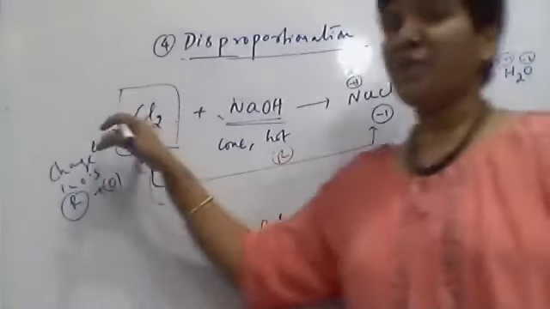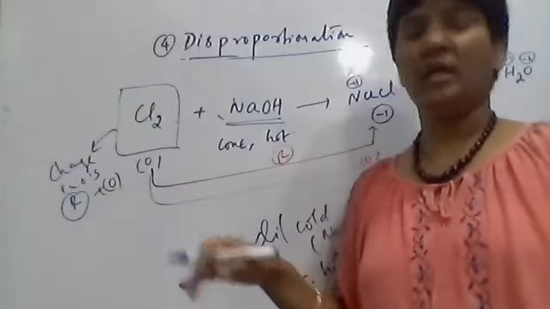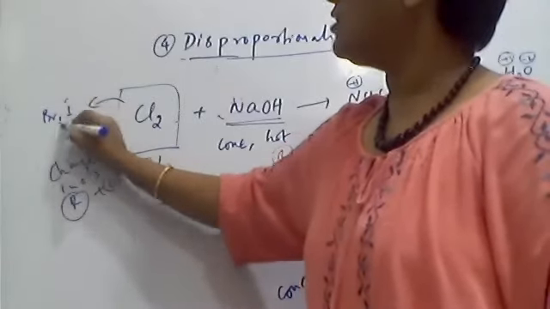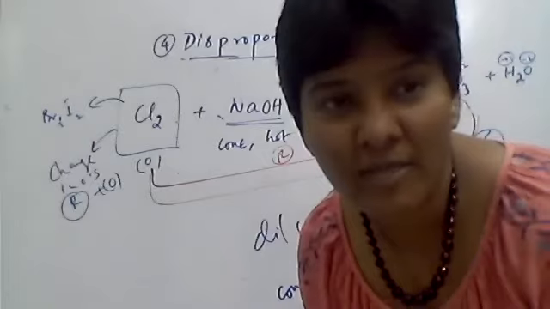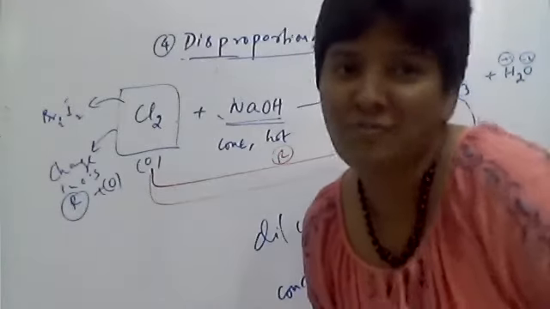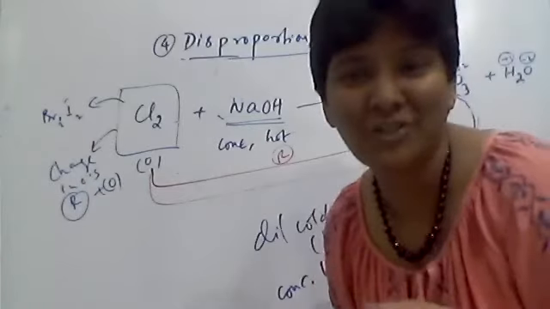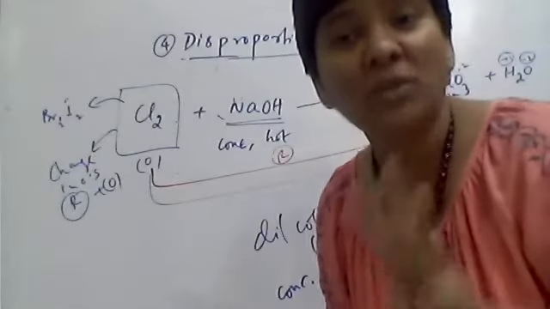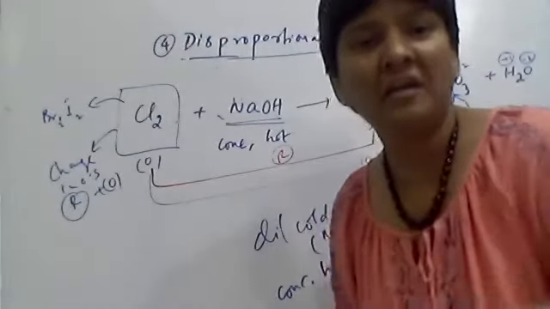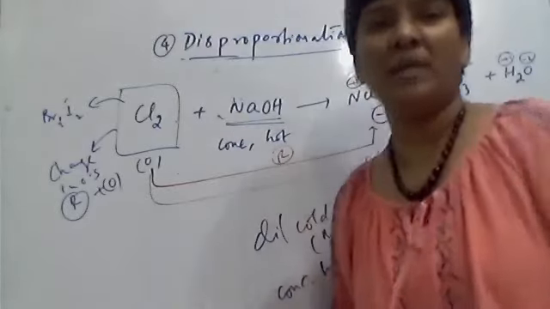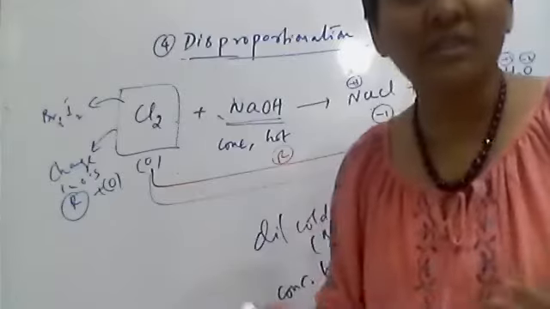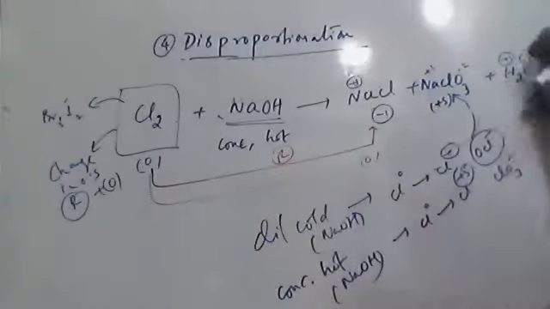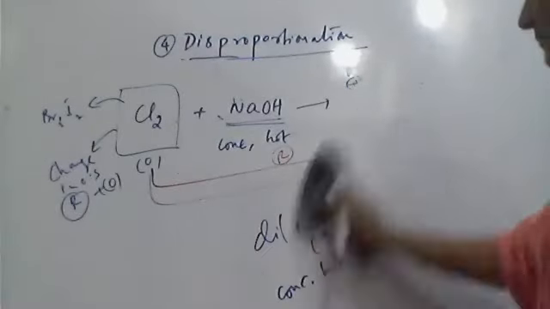In the same way, you can put bromine and iodine here also. You can see the same reaction with bromine and iodine, but not with fluorine. Is that clear? But not with fluorine, because fluorine cannot show a positive oxidation state due to its high electronegativity. Understood? This one you learn totally 3 times in chemistry, in second year under the heading halogens, 7th A group elements. So once again you learn it there, but it is basic. Okay. Next, we'll take one more example for disproportionation.